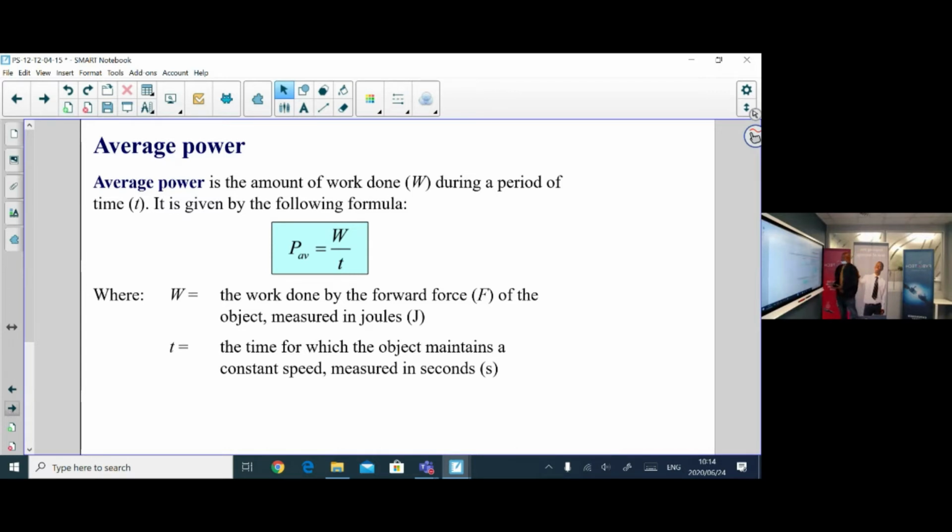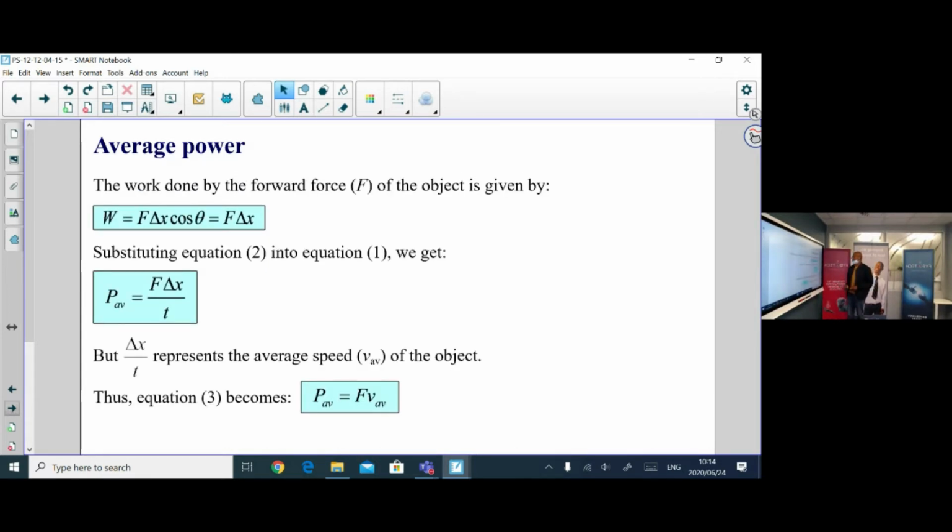Okay, now we have to look at this. All right, average power. I said we're supposed to have a work done and a time. If you don't have work done, you are not going to calculate the power, and time is supposed to be provided. If they are not provided, you have to calculate them. All right, the work done by the forward force F of the object is given by W equals to, this is the normal equation of work done that we're using since we have started with this chapter. Okay, W equals the product of force and